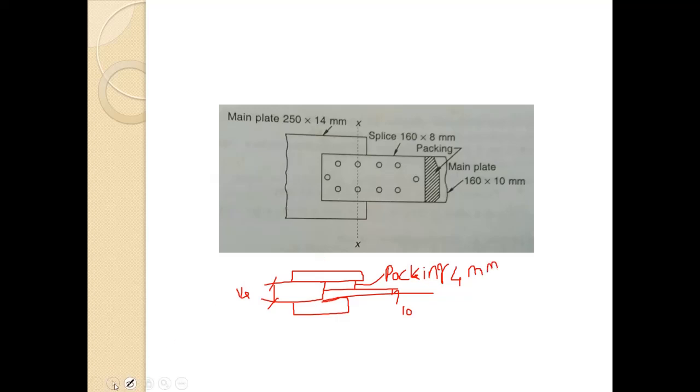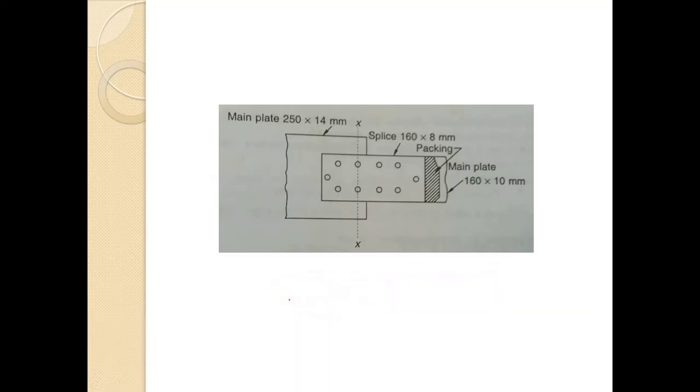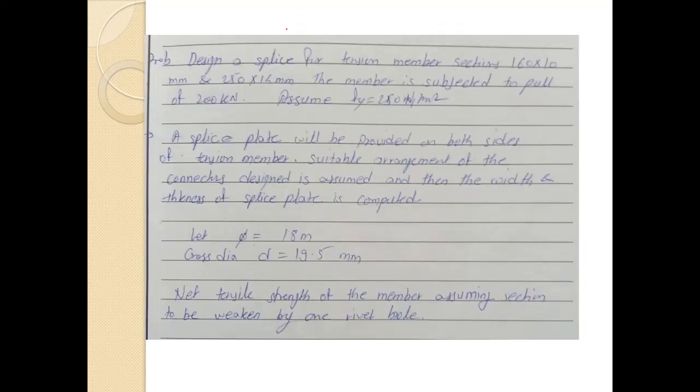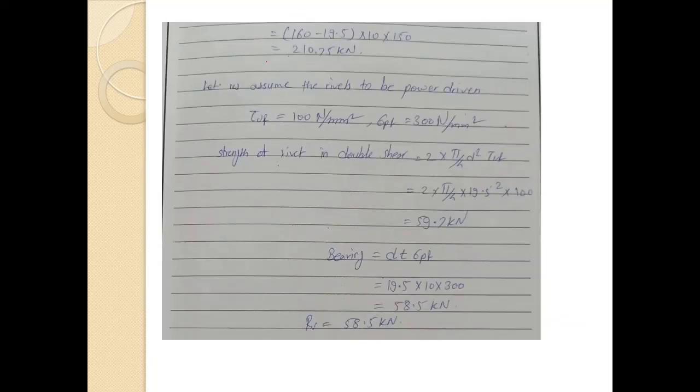So this is the whole idea behind this splice. Now moving further, we are considering the smaller plate, so we are taking width as 160 minus 1 rivet hole, into this thickness, into the strength sigma at, that is axial tensile strength. So that becomes